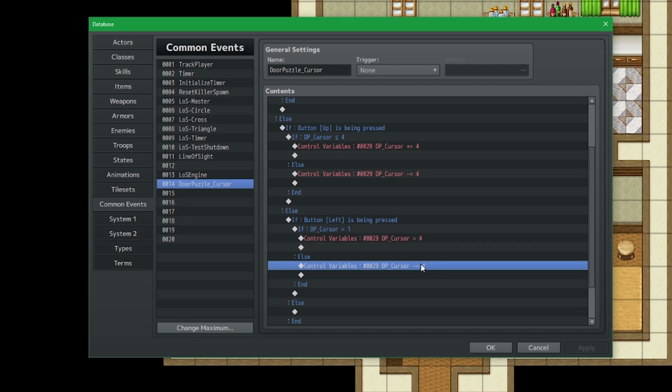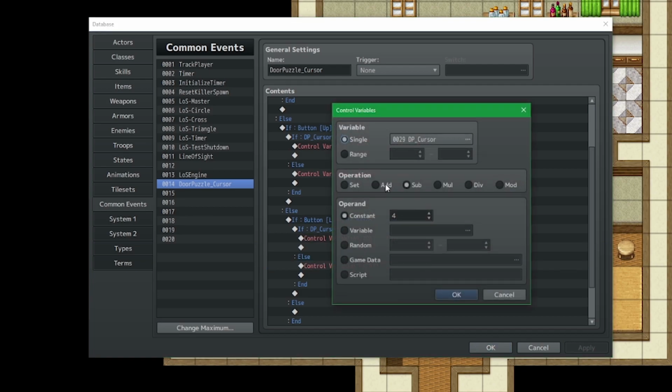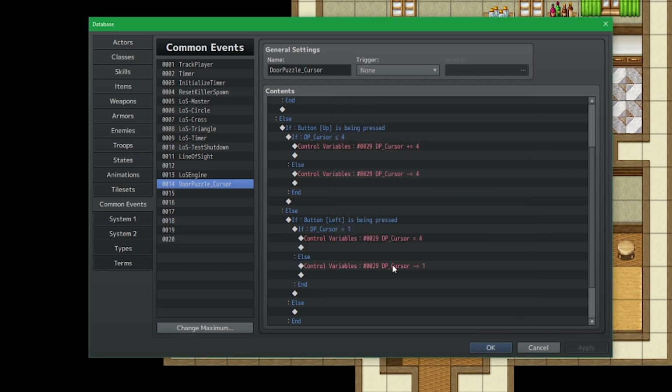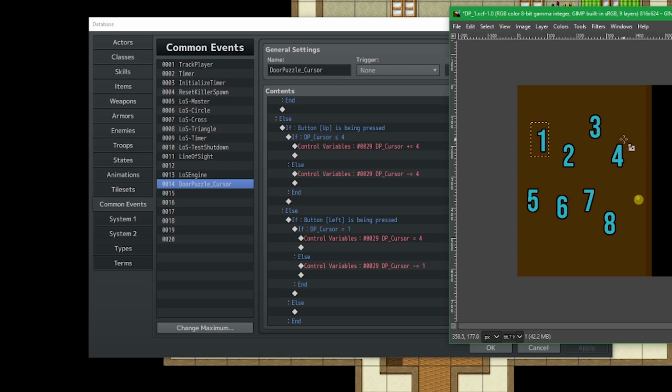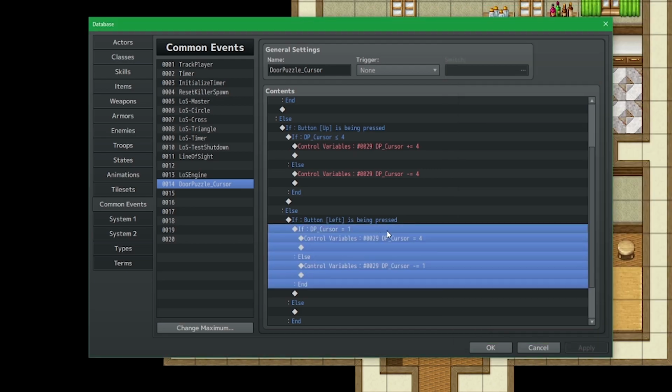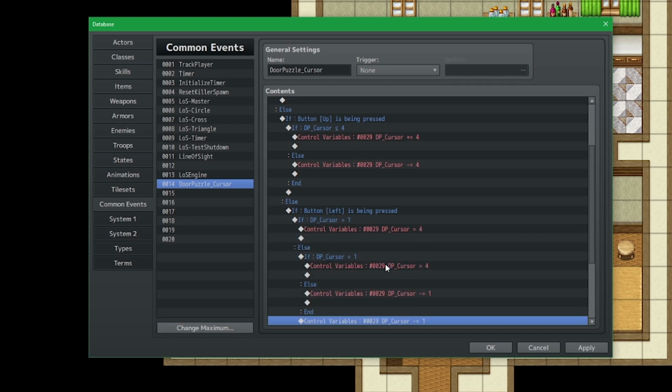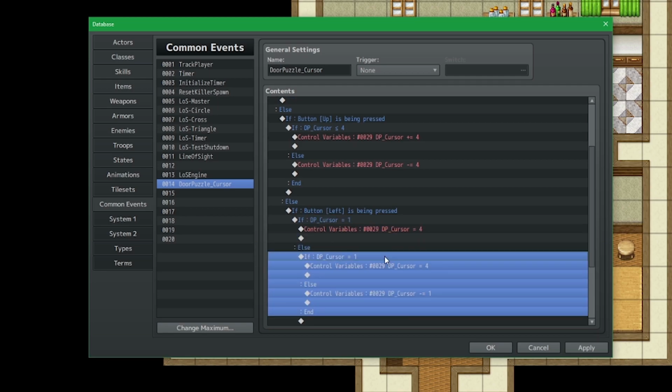Otherwise, it can just subtract by 1. Now we will have to change this based on how the bottom pattern works. So I'm going to go ahead and double check that. So 5 will go to 8. 8 minus 1 minus 1 minus 1. Okay. So what I'm going to do is just take this, control copy, control paste, delete this, and now I'm